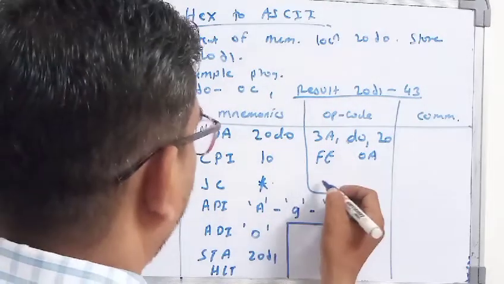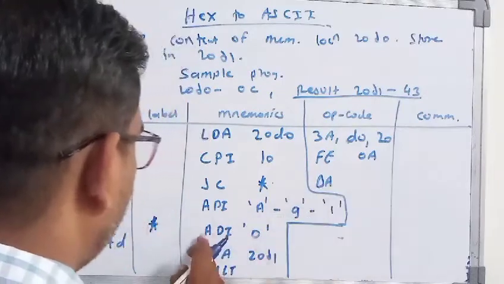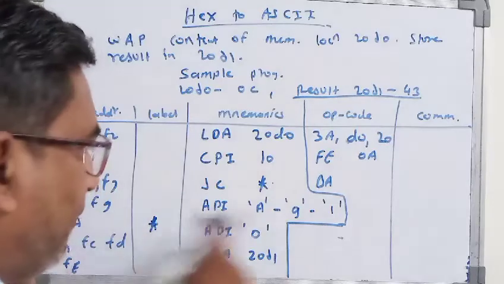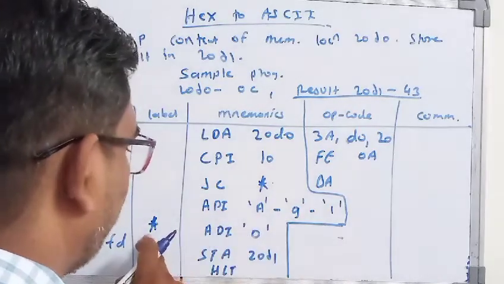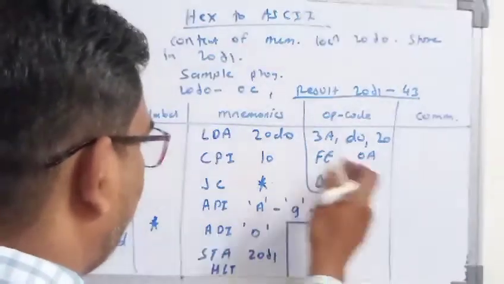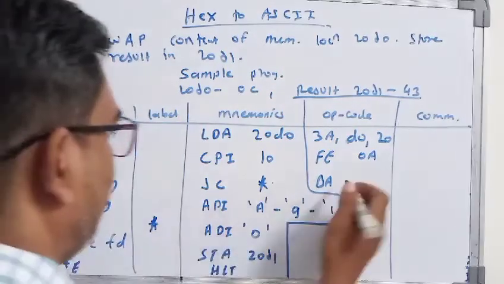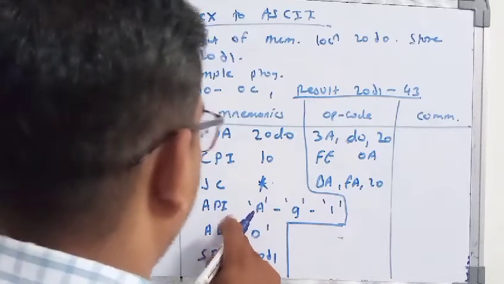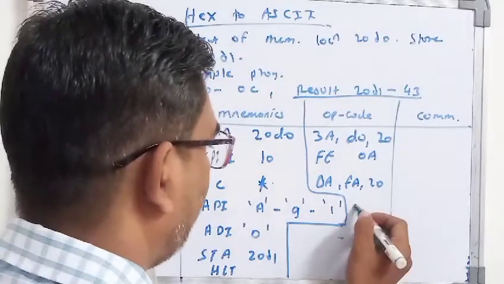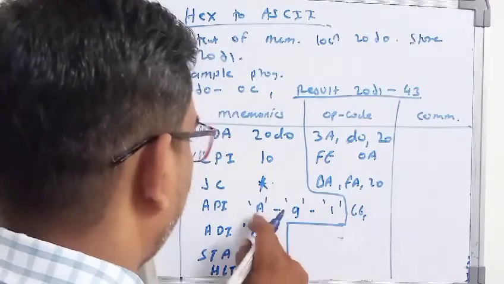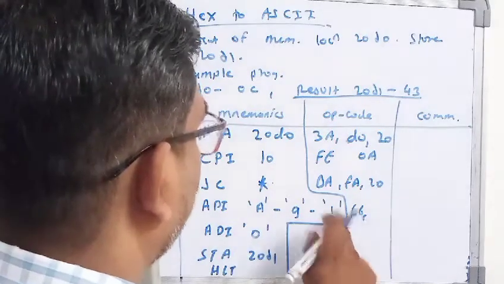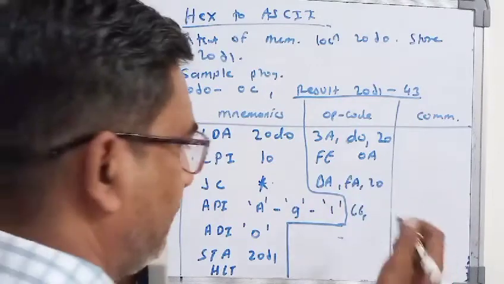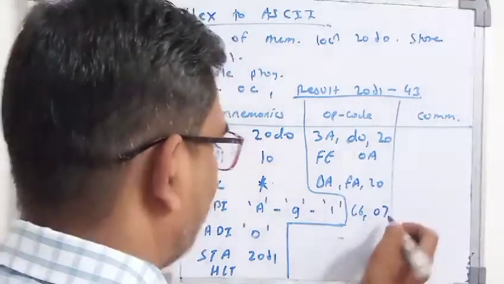Then JC it is DA. This ADI means FA. Okay, 20FA. So here it will get jumped. So this address you have to write down here. Means what is the memory address? It is FA 20. Then ADI. ADI it is having the opcode that is C6 and A9 and 1. The whole thing is represented with a 0 to 7, so you will be getting that particular value 0, 7.